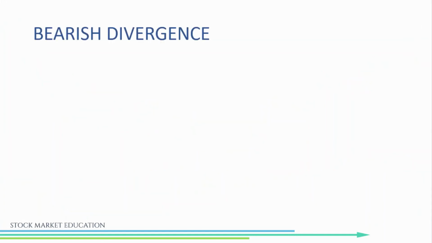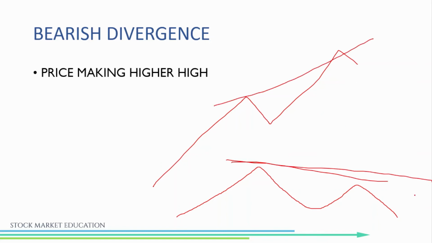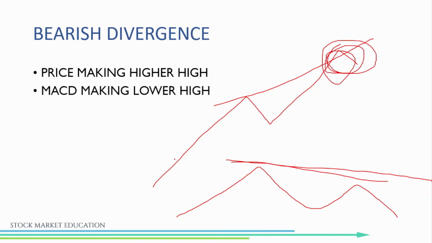Now what is bearish divergence? It is exactly the opposite of bullish divergence. The price will make a higher high, and MACD will make a lower high, right? So the price is making a higher high and MACD is making a lower high. This is a time to book our profits if we are already long, or else you can short after a fall over here, keeping the swing high as your stop loss. Let us see this with an example.